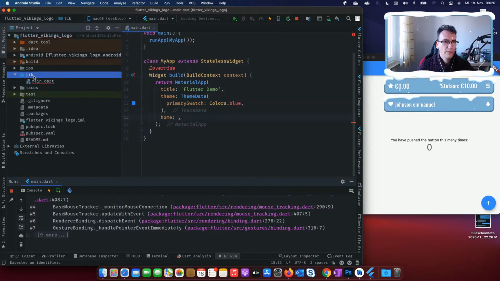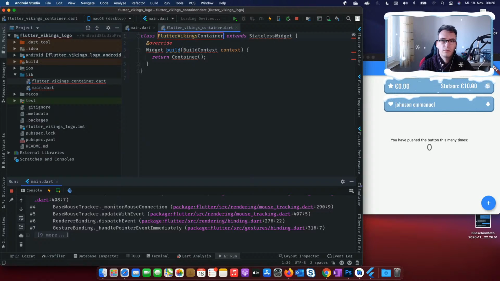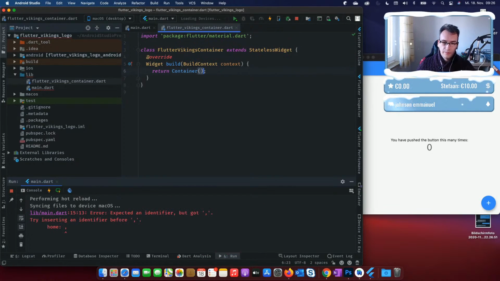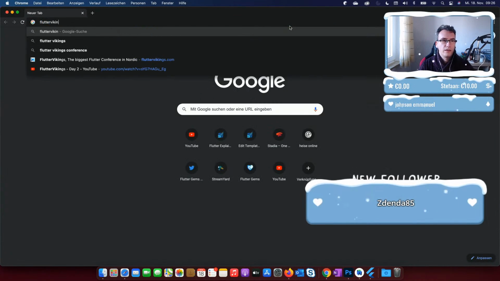And inside of our lib folder, I create a new file that we call, for example, flutter_vikings_container.dart. And this is a stateless widget. We import the material in that case. That's it. All right. So if we take a look into the website of Flutter Vikings,